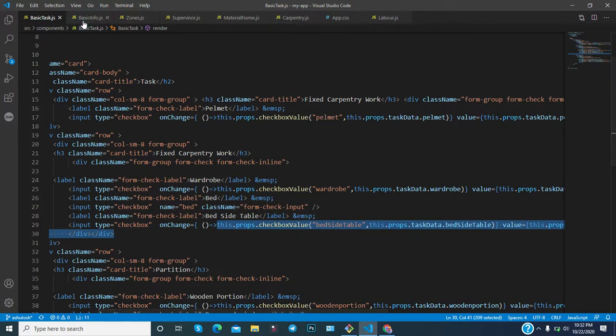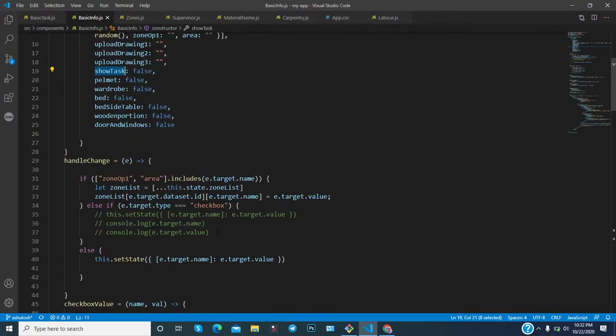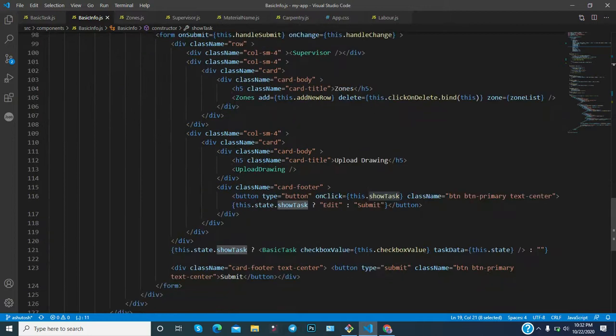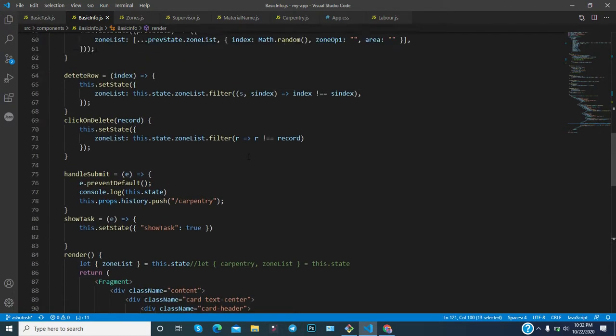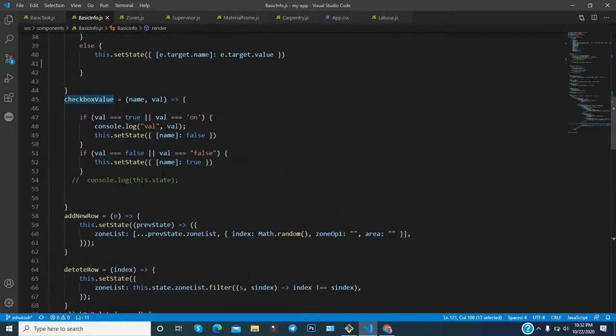In the basic info you can see that they use this props to call this method on the change event. And basically they are doing certain things.